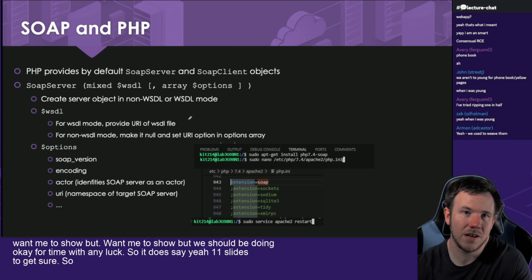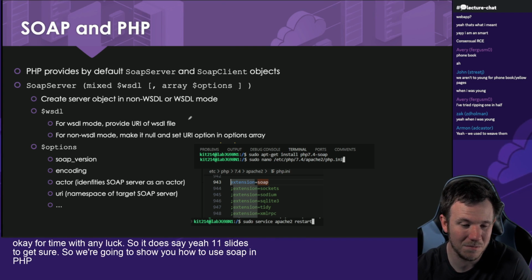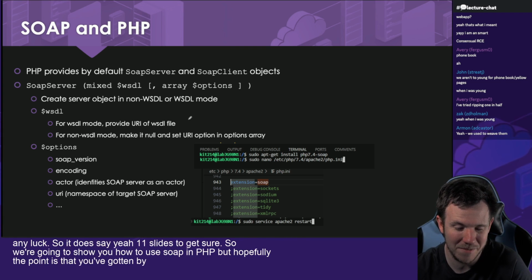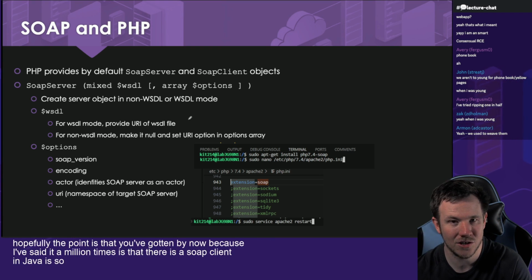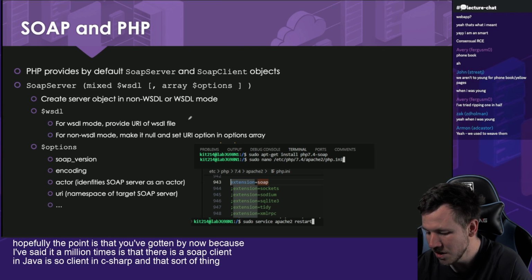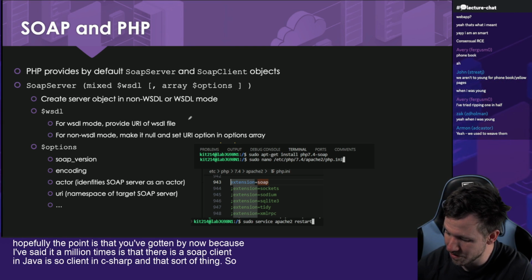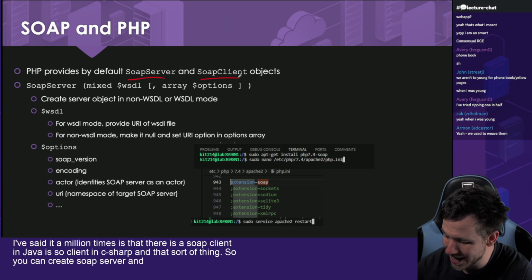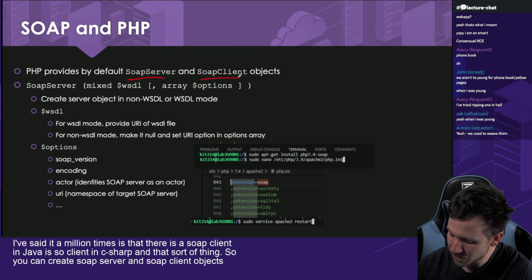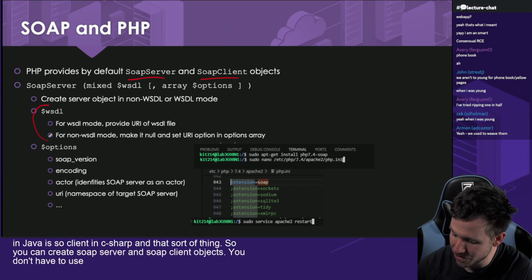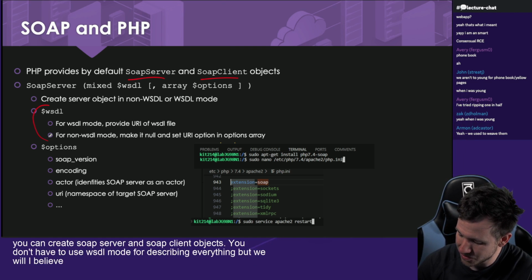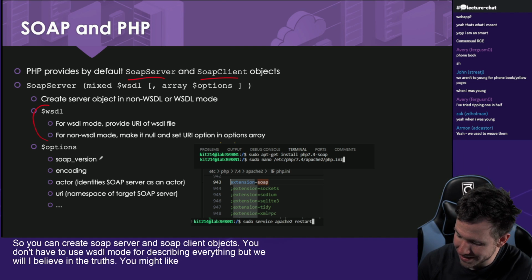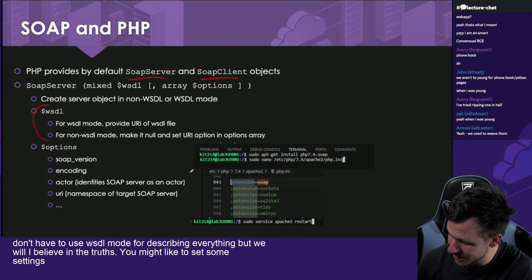So we're going to show you how to use SOAP in PHP, but hopefully the point is that you've gotten by now, because I've said it a million times, that there is a SOAP client in Java, there's a SOAP client in C# and that sort of thing. So you can create SOAP server and SOAP client objects. You don't have to use WSDL mode for describing everything, but we will, I believe, in the tutes. You might like to set some settings in how to set this up. And you do also